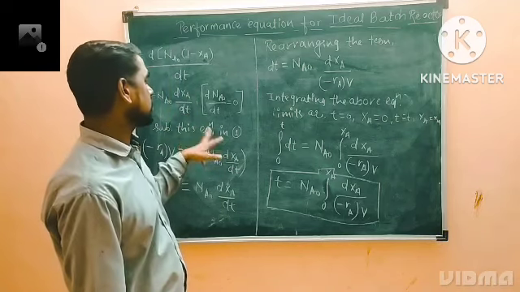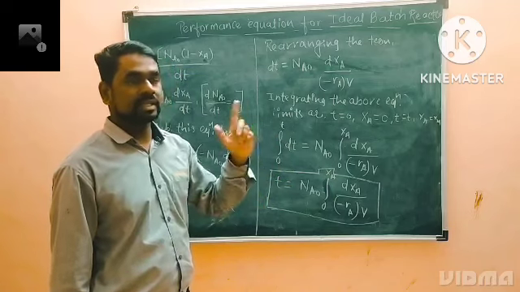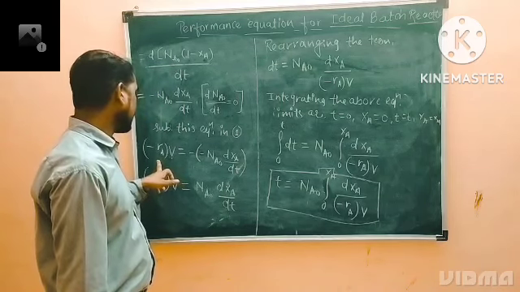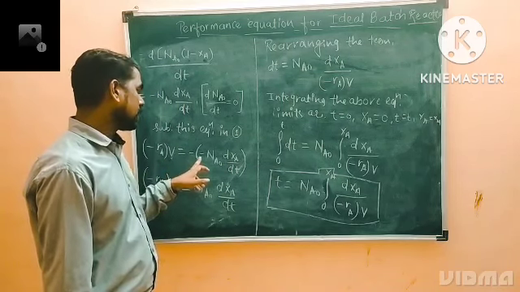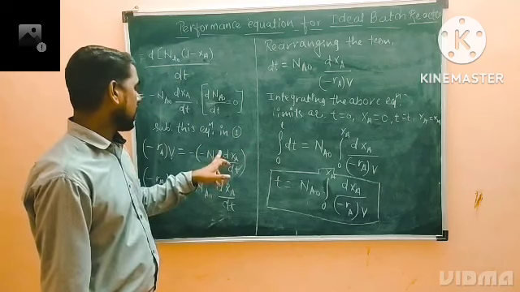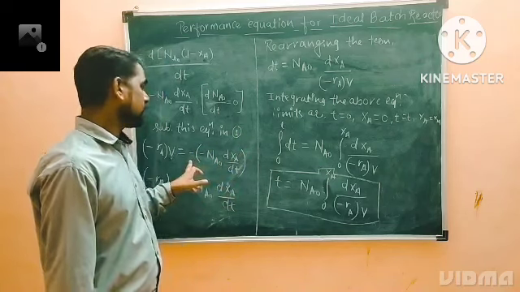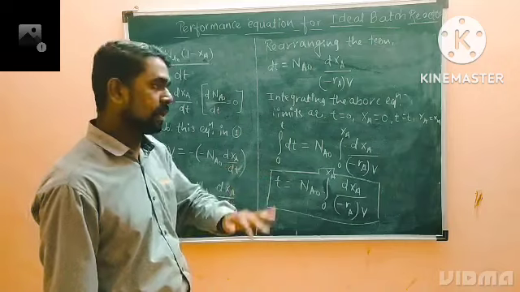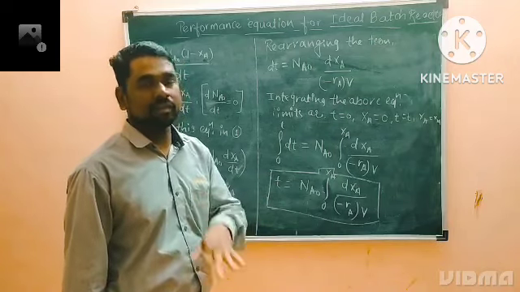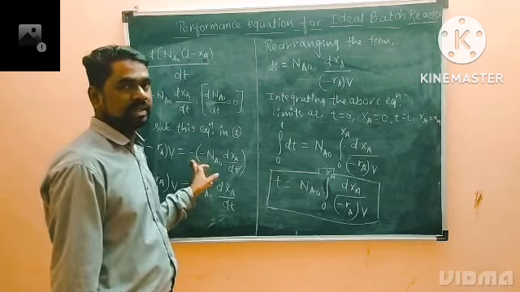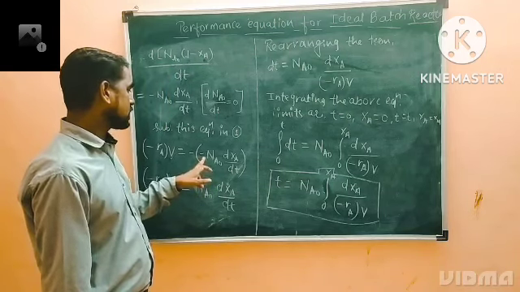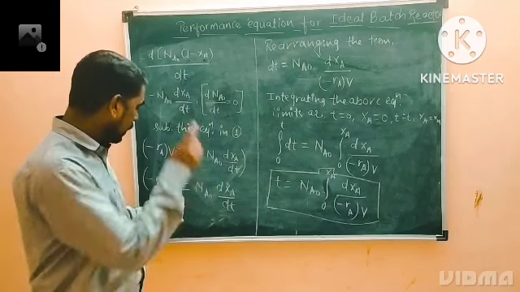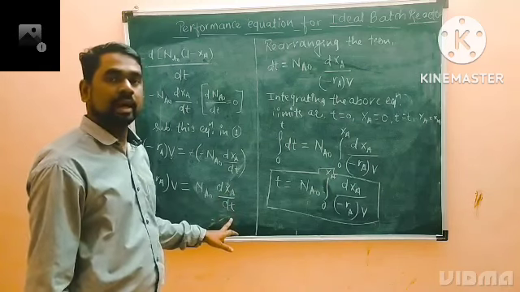Now we substitute into equation number 1, disappearance is equal to accumulation. So the disappearance, minus RA into V, is equal to minus NA0 dXa upon dt. This minus sign is because of the accumulation term, meaning the amount of reactant that remains retained in the reactor. So this minus sign is indicated over here. This minus sign and this minus sign get cancelled, and the equation becomes minus RA multiplied by V is equal to NA0 dXa upon dt.